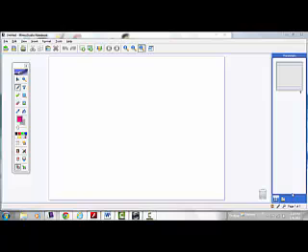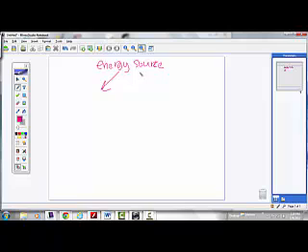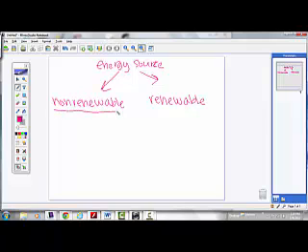Okay, so let's make sure we understand the difference between our renewable and our non-renewable energy sources, okay? So we know we can get energy from many, many different places. The source is where it ultimately comes from, okay? We have non-renewable sources of energy, and we have renewable sources of energy from our natural resources, okay?